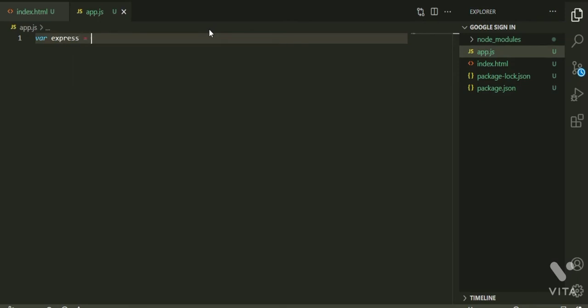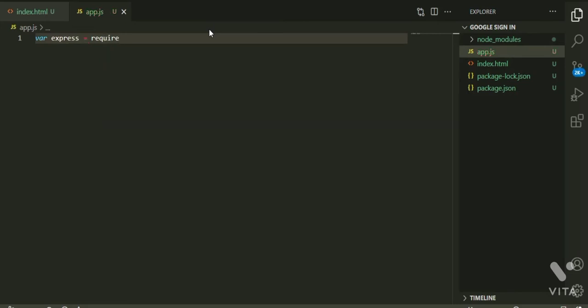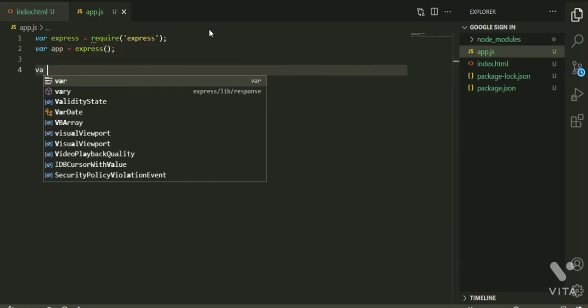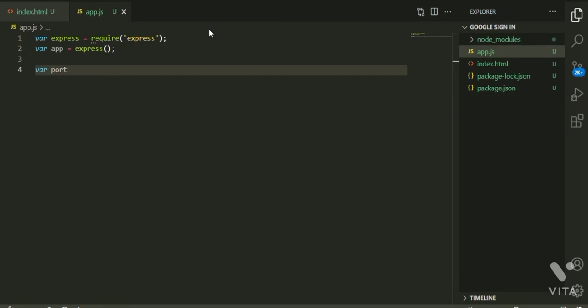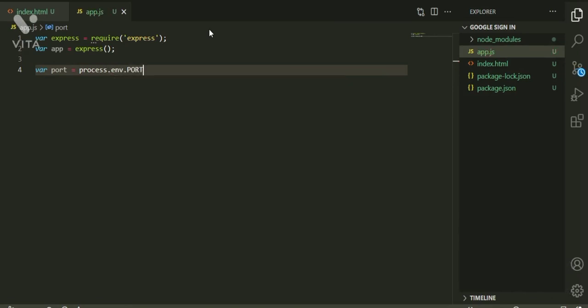So let us require that, where express equals require express, and let us name our server app, where app equals the express function call, and let us store the port number in a variable called port, process.env.port, or let us do one default port, 8080.